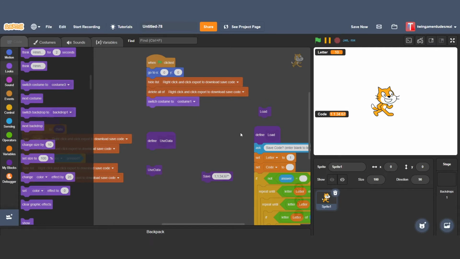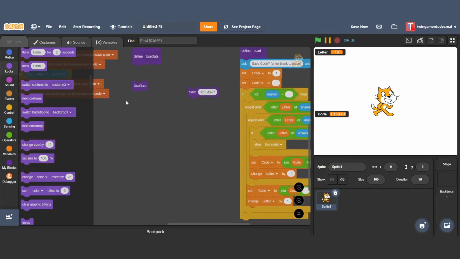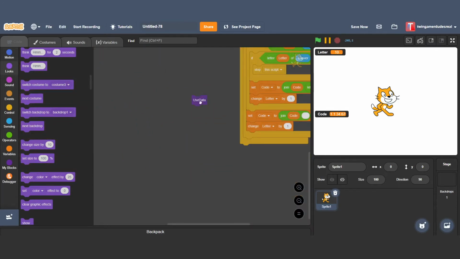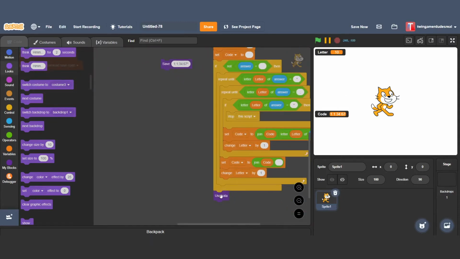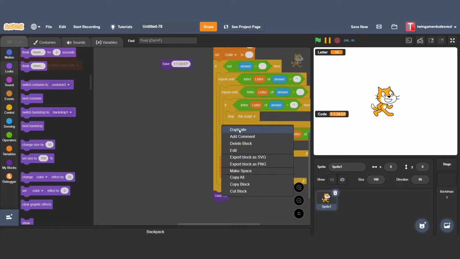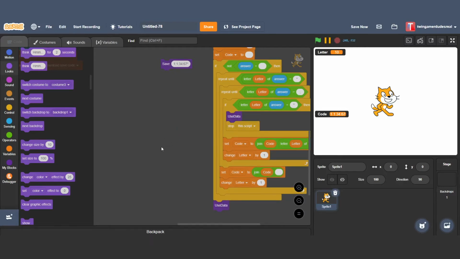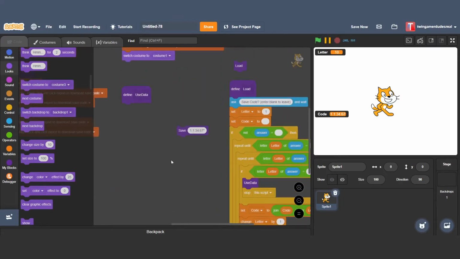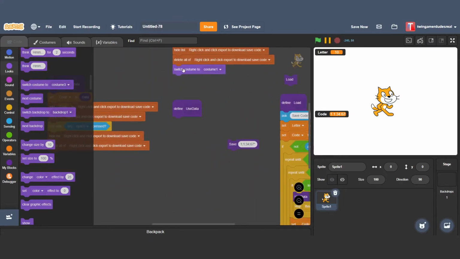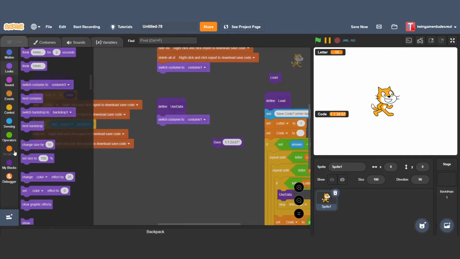And now, if we want to, we can, and then no, we don't use that. Alright, now we can put use there right down here. Or you can put it right here in a stop script. Oh no, we don't want to do that. No. Alright, so right here it is. And right here we just want to switch costume to